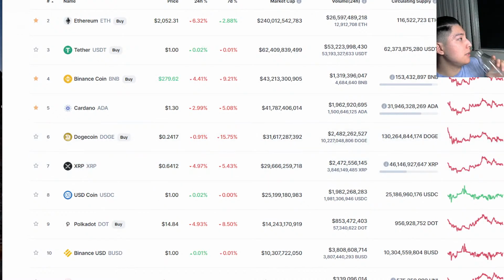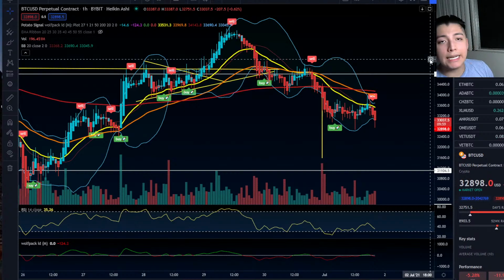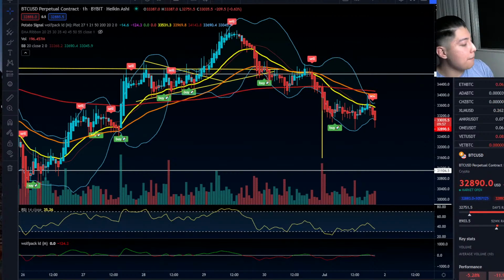Let's take a look at SHIBA. Something interesting about SHIBA is we did get a hint that SHIBASWAP could happen this weekend. Could be released this weekend. I don't know if any of you have heard that yet, but